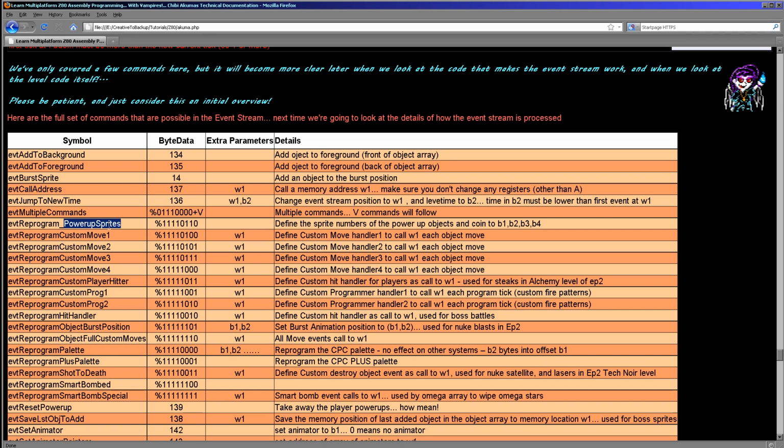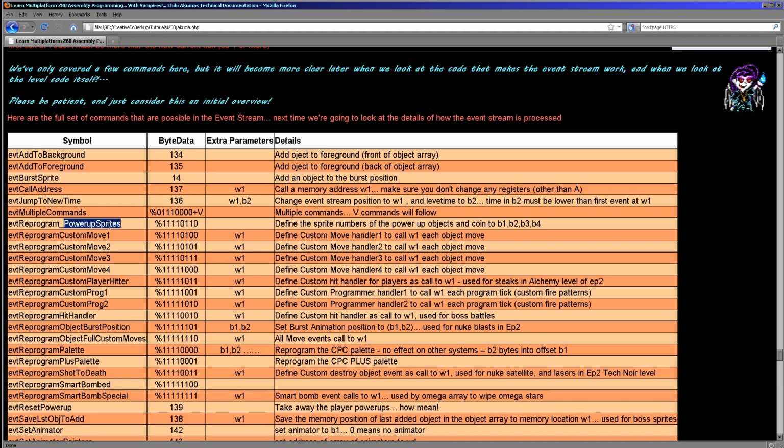the various power-ups. Now these days I could have moved the sprites around within the sprite editor, but you've got to bear in mind when I wrote the original ChibiAkumas I didn't have the sprite editor. I was doing it with assembly language routines run from a basic program in a disk image on the CPC emulator, and it was a real pain to program and get it working. So what's very easy now with that sprite editor would have taken, you know, a couple of hours to get right, and really at the time it just seemed like, well, this will work fine. It's just a quick way of getting around it, and I don't need to worry about the problem happening again